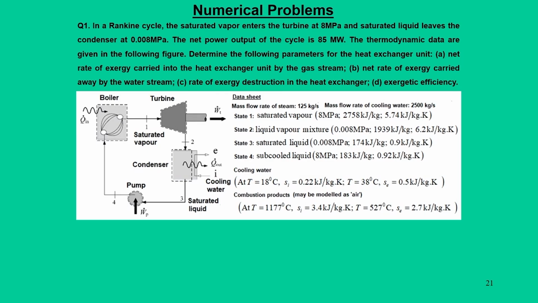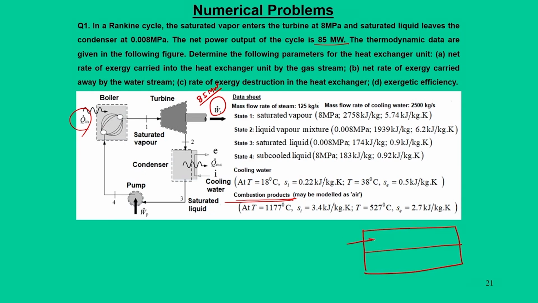Another additional piece of information is that the net output of the power cycle is 85 megawatt. Now, while doing this analysis, we supply this Q in through a heat exchanger unit by using some combustion products, and we will see how these combustion products are modeled. So, you can think of this boiler unit as a heat exchanger unit